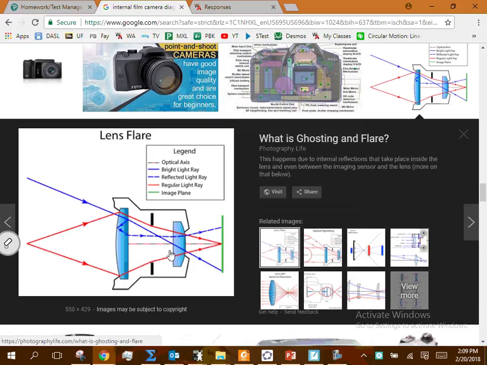All right, let's look at this here. So here's the insides of a camera. This is kind of a bird's eye view, or a cross cut, of a camera like this one or this one, but it's being cut horizontally. Does that make sense? Okay, and we're looking straight down on it.